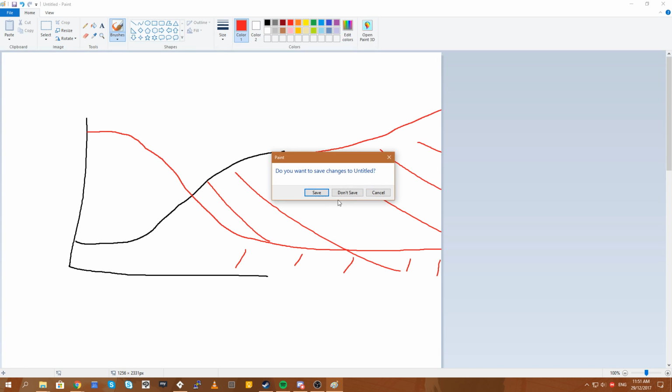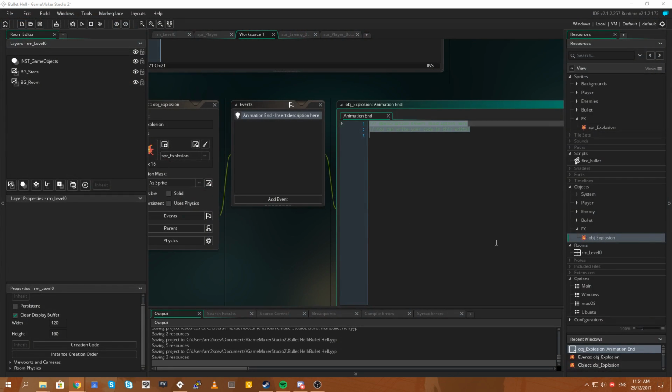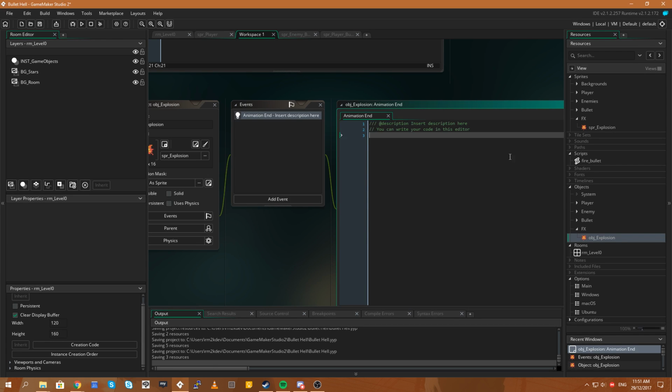Anyway, how long have I been using Game Maker? Jeez, I started using it when I was a kid, actually. I was playing with it when it was run by a guy. What was his name? I can't remember his name. He had a bit of a strange name. Anyway, probably around Game Maker 3 or 4.